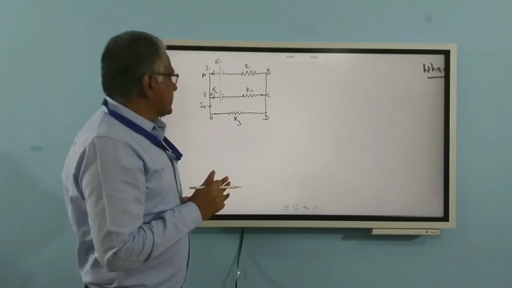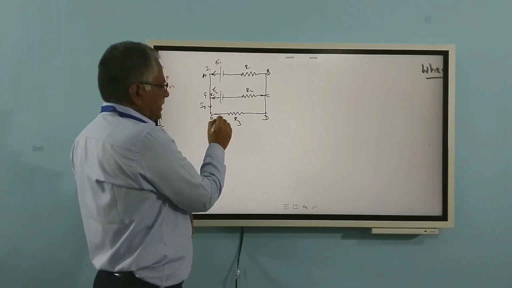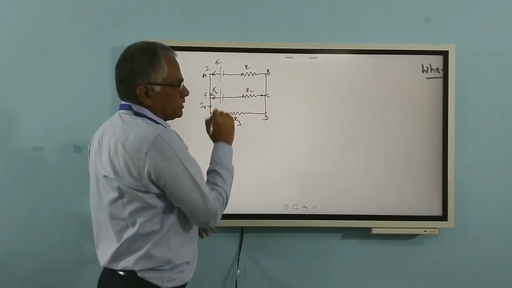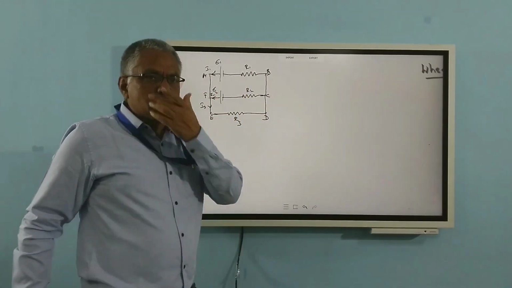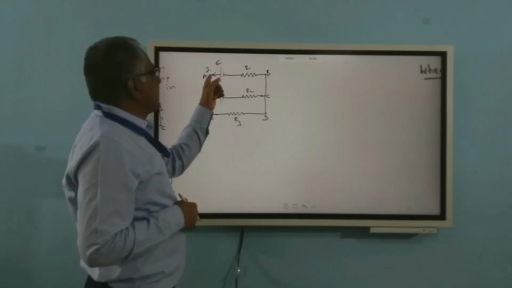Here, how many junctions are there? Here you can see, here is one junction where one current is coming. Here is one junction. Here is one junction. Here is one junction. Here is one junction. There are so many junctions here. In this one, let us see. Suppose point D, only one current is coming. Point D, let us say.